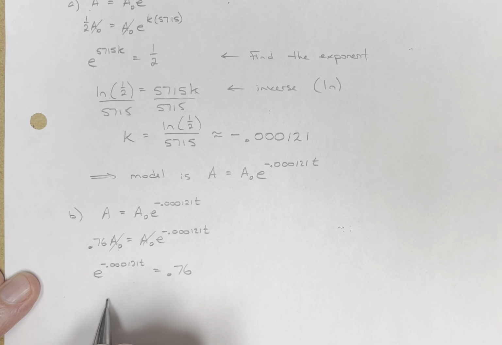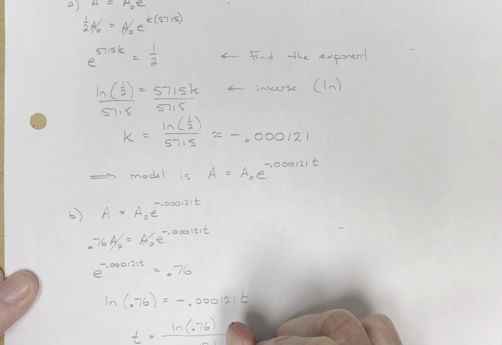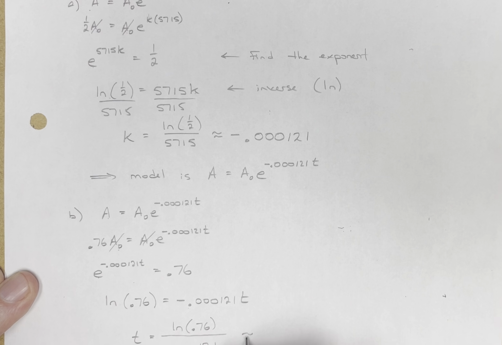The natural log of 0.76 is equal to our exponent, negative 0.000121 times t. Now we can divide both sides by negative 0.000121. So t is equal to the natural log of 0.76 divided by negative 0.000121, which is approximately equal to